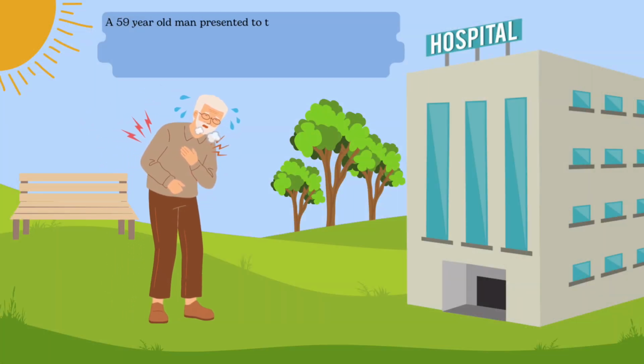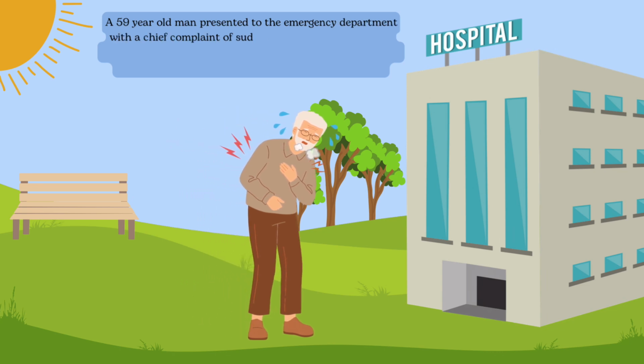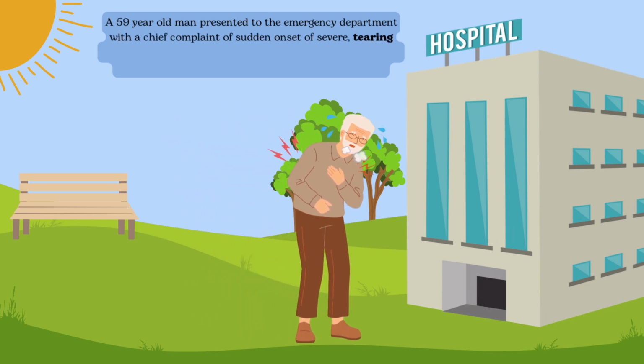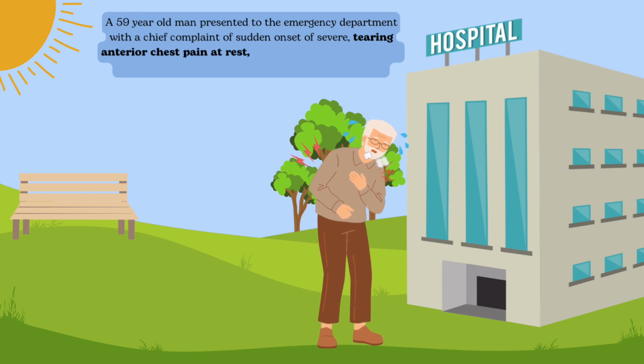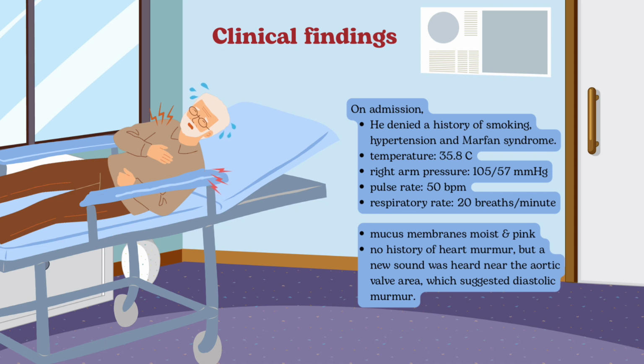A 59-year-old man presented to the emergency department with a chief complaint of sudden onset of severe tearing anterior chest pain at rest, which radiated to the back, associated with shortness of breath and cold sweating. On admission, he denied a history of smoking, hypertension, and Marfan syndrome. The vital signs include a temperature of 35.8 degrees Celsius. Right arm pressure is